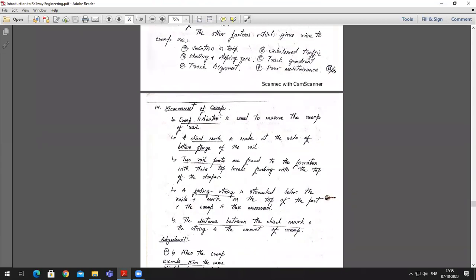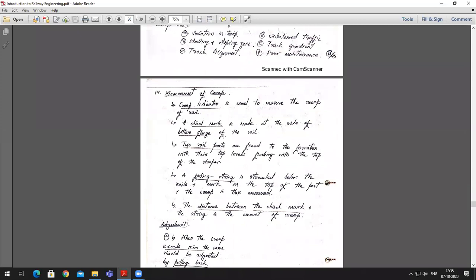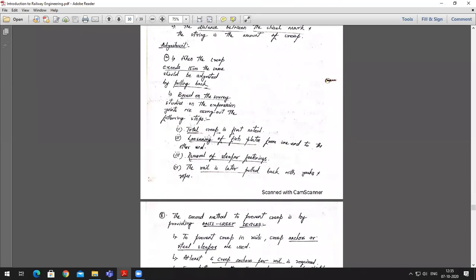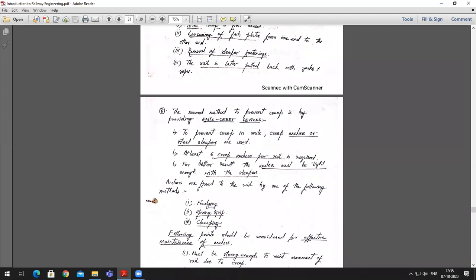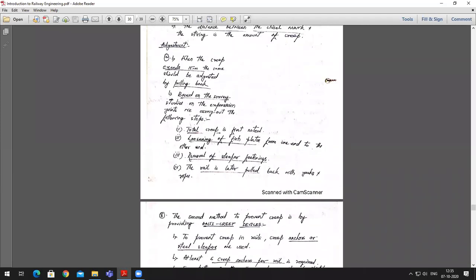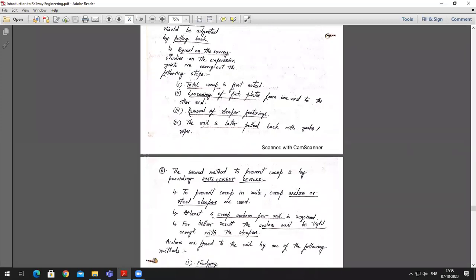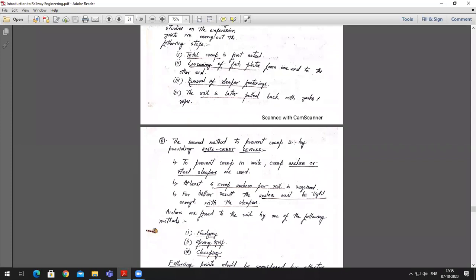Then we also discussed measurement of creep in rails. I showed you the diagrams on how the measurement of creep would be done, and accordingly how the adjustments need to be done. So we normally try to pull back the rail in position if it has moved, and once it has been found that creep has taken place above 15 centimeters in length, then you will loosen all the fasteners and then pull back the rail. Second alternative is to use anti-creep devices.